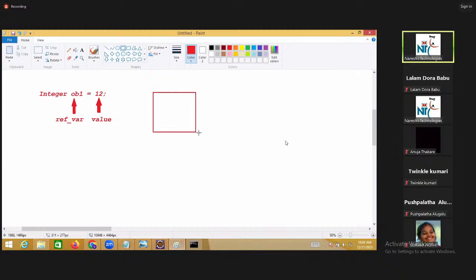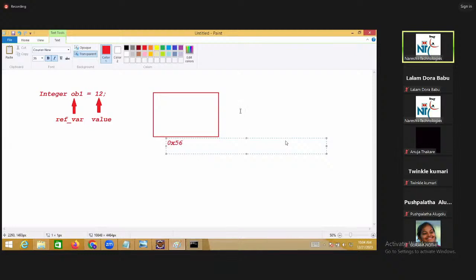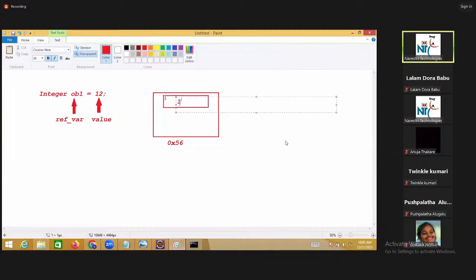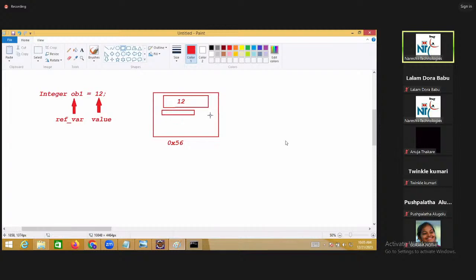So what happened now? Automatically the boxing process is performed. Automatically one object is created holding the data 12. The methods needed come, and this address will be loaded to ob1. Now this object creation is done automatically, that is called the auto boxing process.